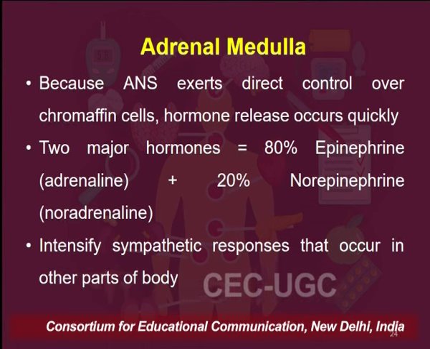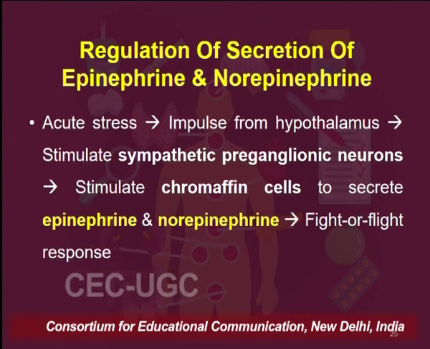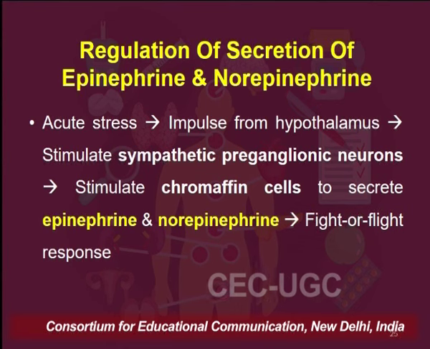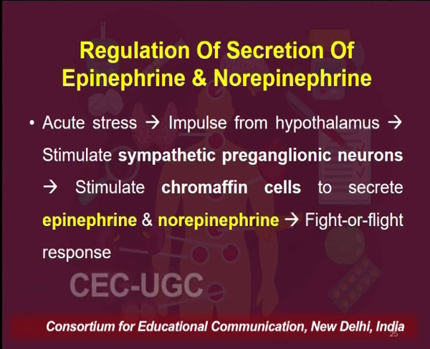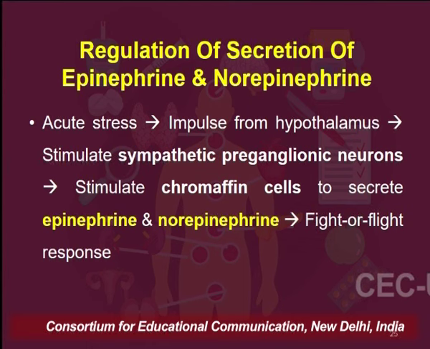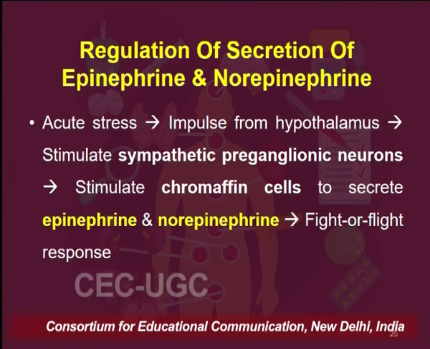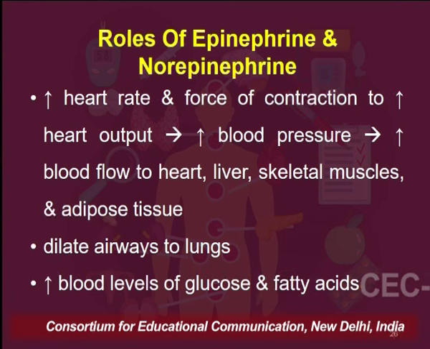Now the secretion of epinephrine and norepinephrine is regulated by stress, a certain stimulus, and generally stress, if acute, stimulates the epinephrine or norepinephrine. This will generate the impulse from the hypothalamus and stimulate the sympathetic preganglionic neurons, which in turn will stimulate these chromaffin cells to secrete epinephrine and norepinephrine, which will help in fight and flight response by increasing heart rate, by increasing force of contraction to increase the heart